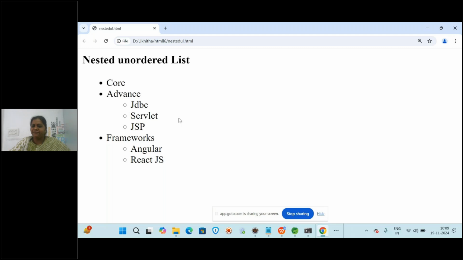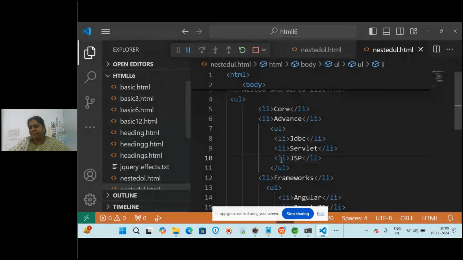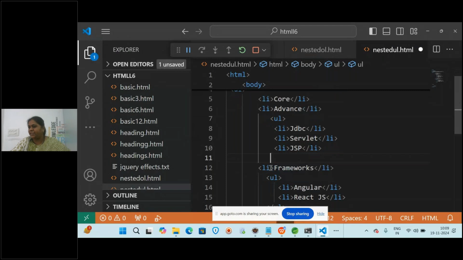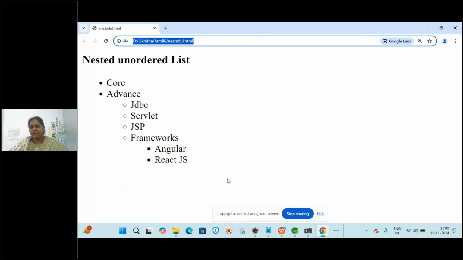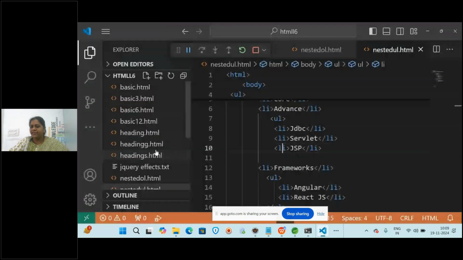Suppose if I miss somewhere any coding or any UL, if I miss closing, you will be getting error. Or the output may not come properly. Again you will be rectifying it and you have nothing to worry. So you can do the same thing. So now it is not properly arranged. Why? I did not close the UL here, so that is the reason I'm getting the error. Clear all? Everyone?